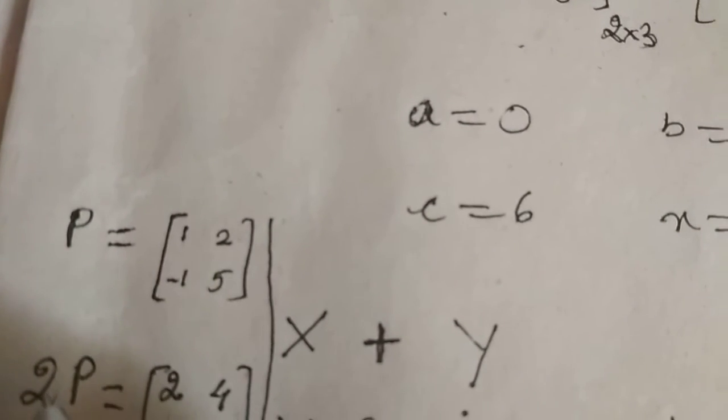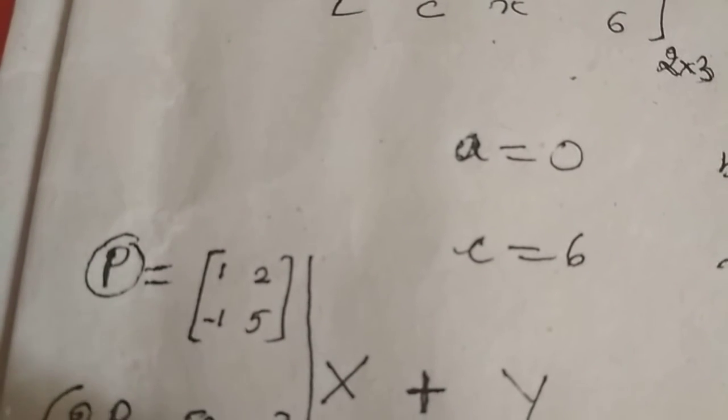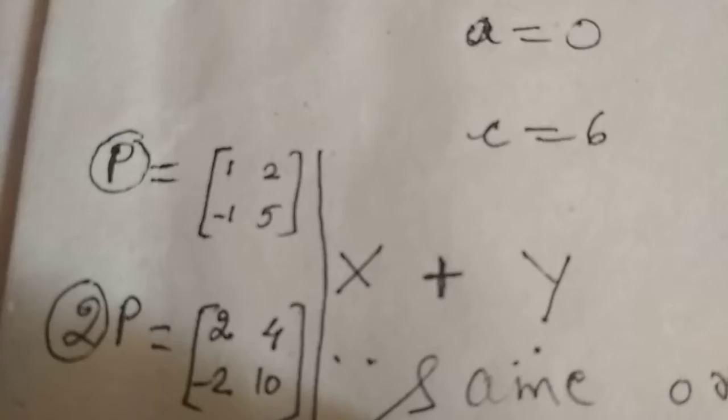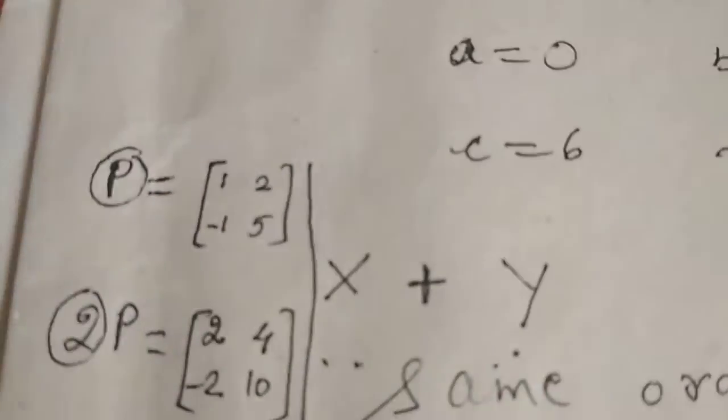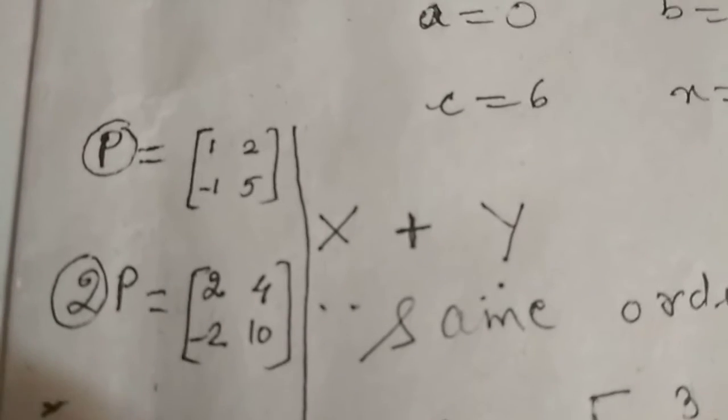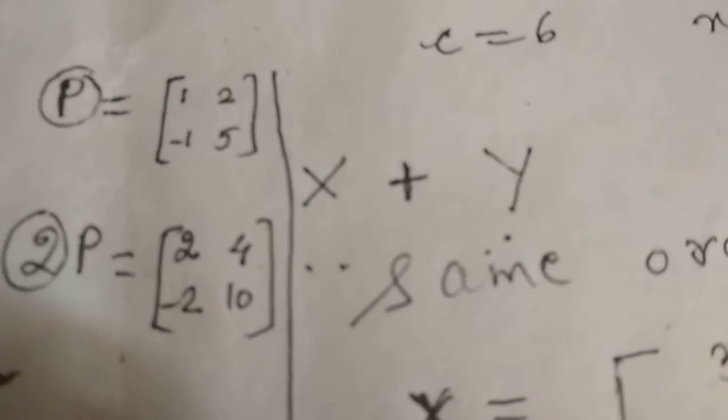This type of product, this type of new matrix, which is obtained by simply multiplying each and every element of the original matrix with a scalar number 2, is called as the scalar multiplication of a matrix P with a scalar number 2, which is a non-zero scalar number. It's very understood. If it would have been 0, then the whole matrix would have vanished. So what do we learn from scalar multiplication? Multiplication of a matrix by a number